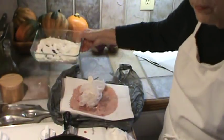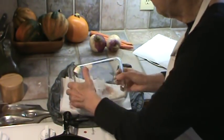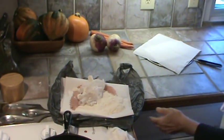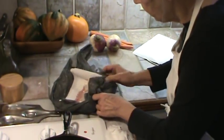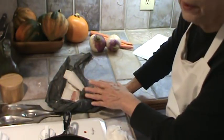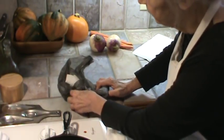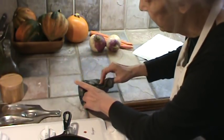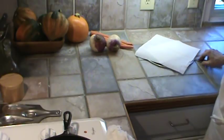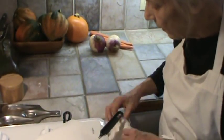Alright, so I'm just going to drop this flour. All goes in the garbage. And I just used a grocery bag and put paper towels over the top of it so it can soak up some of that liquid. Alright, now, while that's cooking,